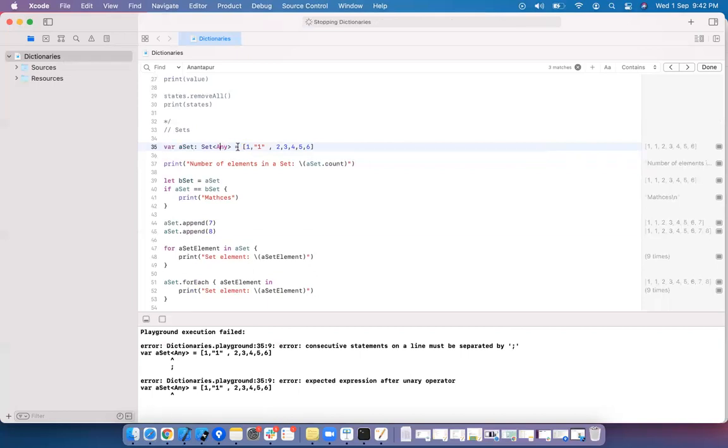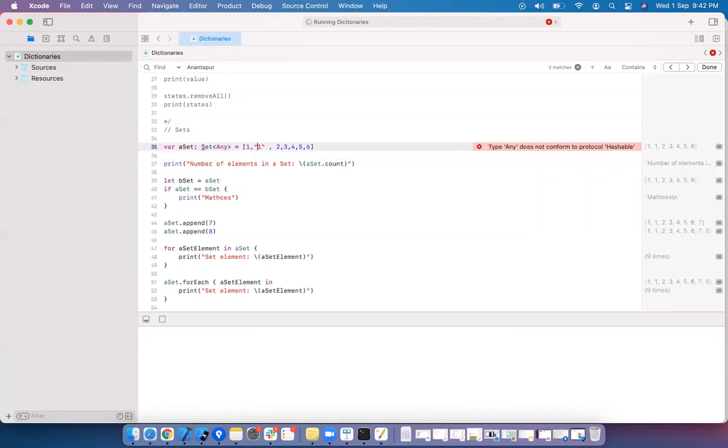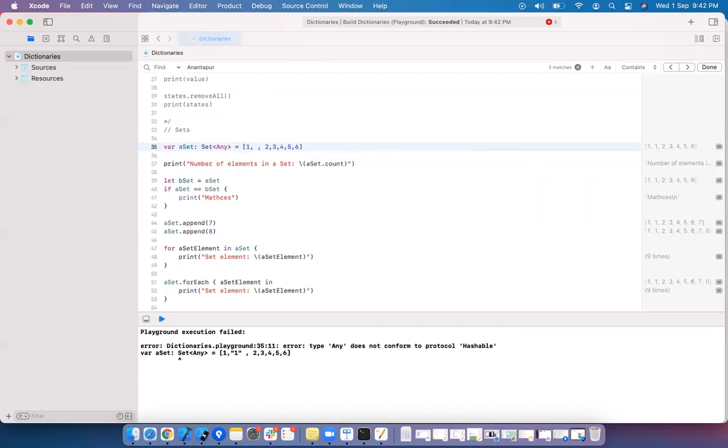Set up any type, and here we are storing different types. If you give any also, it is not taken.